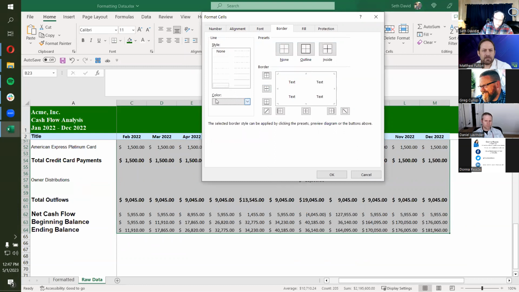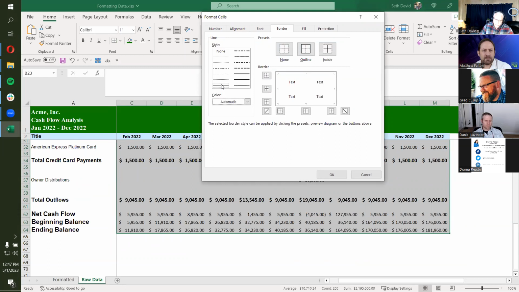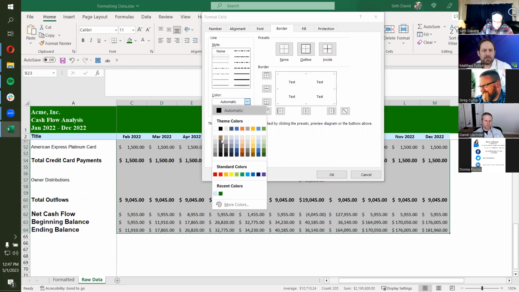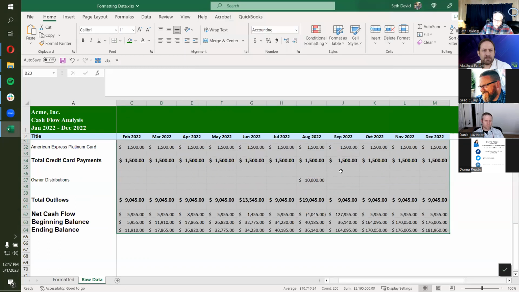But notice when you do that, the previews turn light gray. So before I do that, let's turn them back to the black so I can see. I just want like a dotted gray line here. And now we'll change it to light gray because I will no longer need to see it. And then I'm just going to say, give me the inside and the outline and click OK.